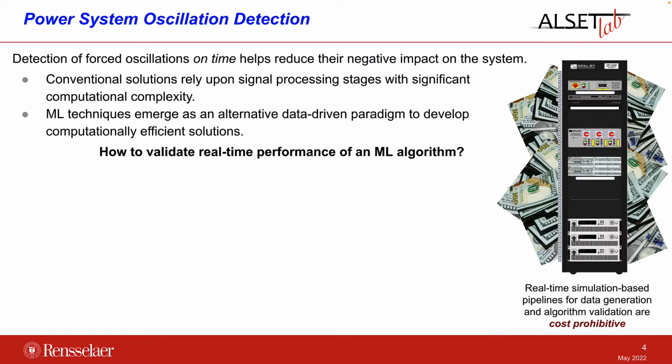The answer from a power system engineer's perspective would be that we generate data using a model of the system or using some historical data. We can stream that historical data or the result of a model simulation using a real-time simulator, and just connect the real-time simulator to the device where our neural network has been deployed. However, real-time simulators are really expensive, and moreover, in some cases they can only be accessed in place.